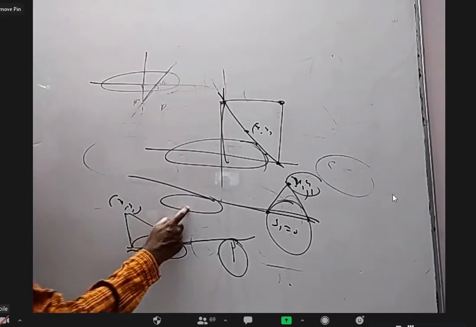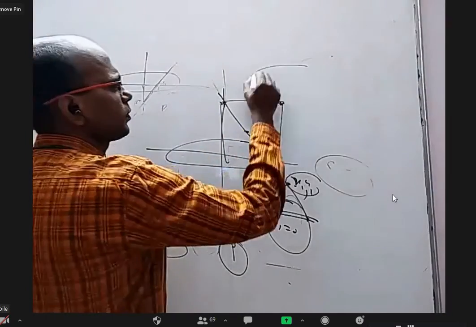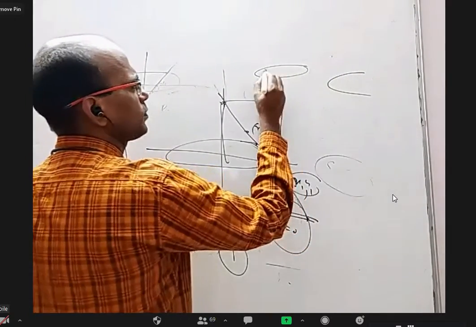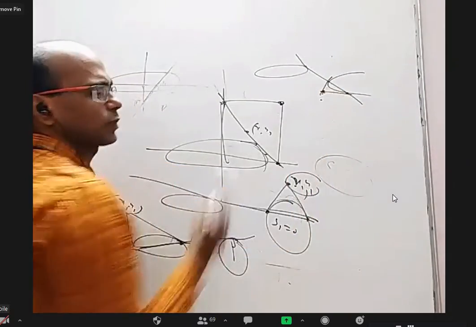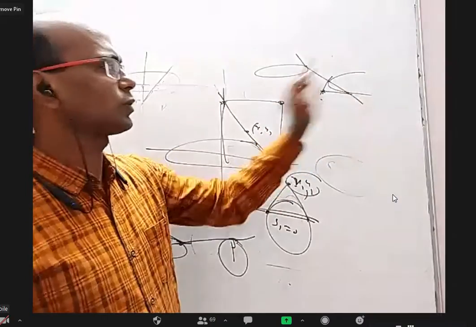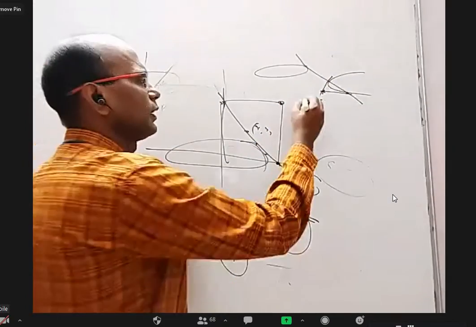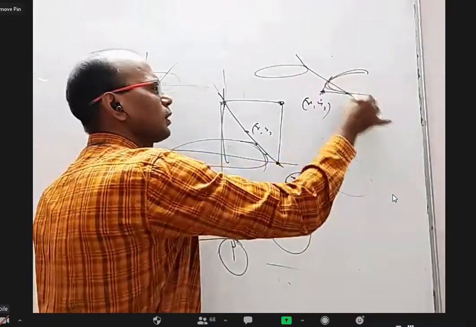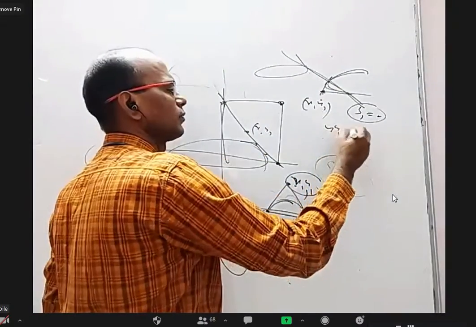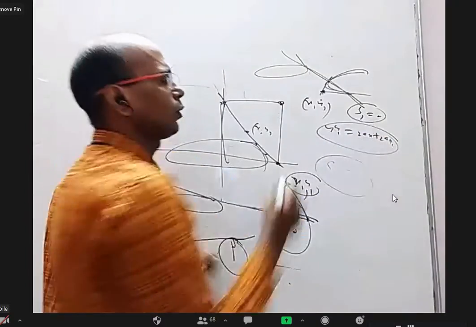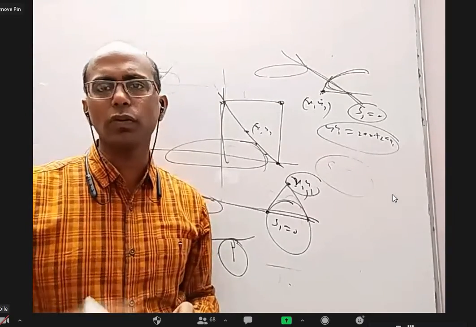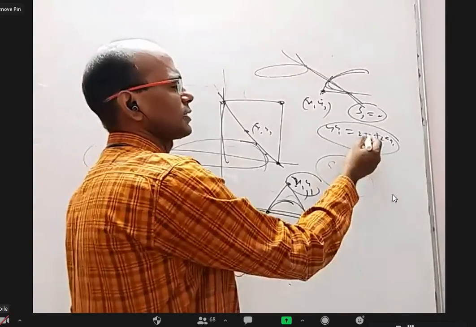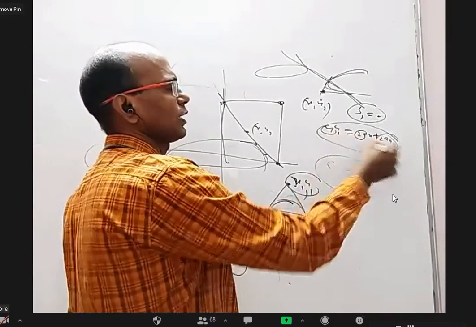They can put a circle and an ellipse, or an ellipse and a parabola. They can say some tangent to the ellipse is intersecting the parabola at 2 points. There you draw tangents. What is the locus of this point? Take that as x1, y1. With respect to the parabola, what is this line? S1 equal to 0: y y1 equal to 2a(x plus x1). What should it be? It should be tangent to the ellipse. For a line to be tangent to the ellipse, what is the condition? n square equal to a square l square plus b square m square, where a is for x, l is the x coefficient, m is the y coefficient, and n is the constant if you bring it to one side. Okay, and that is one thing.